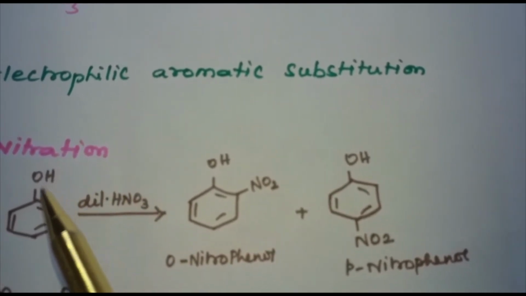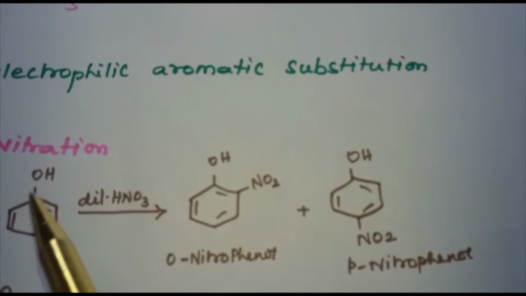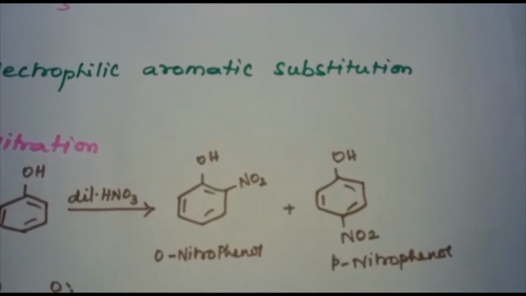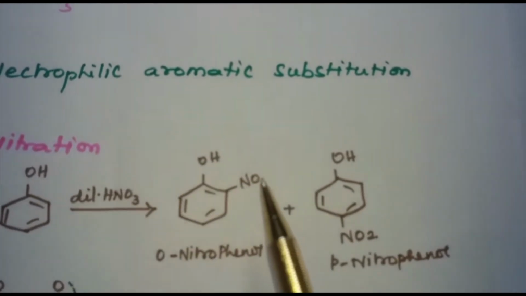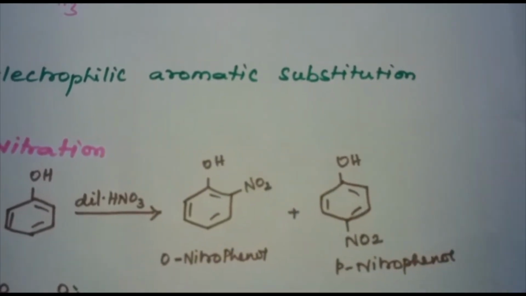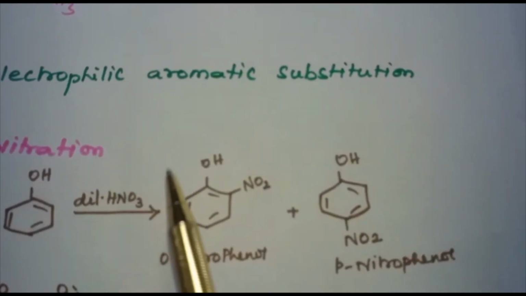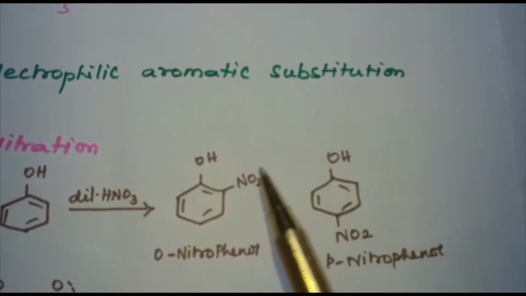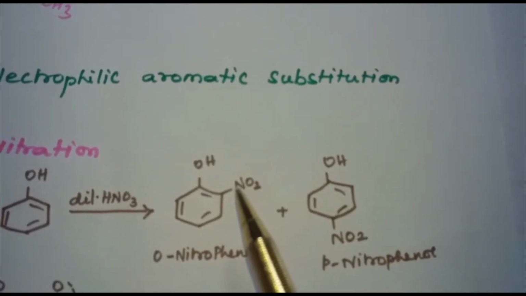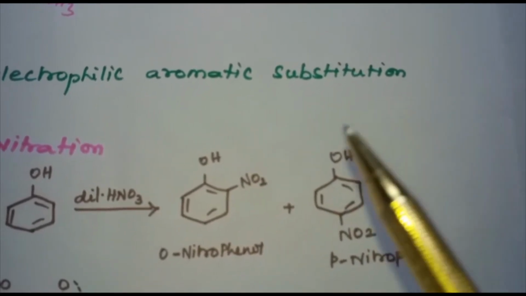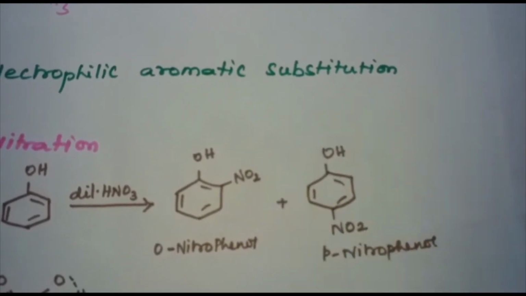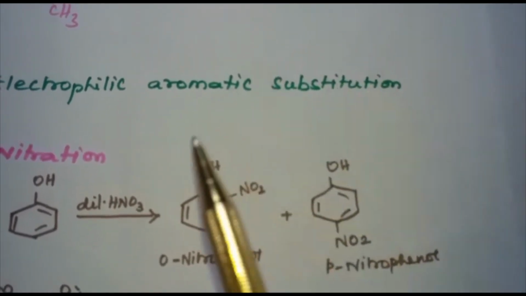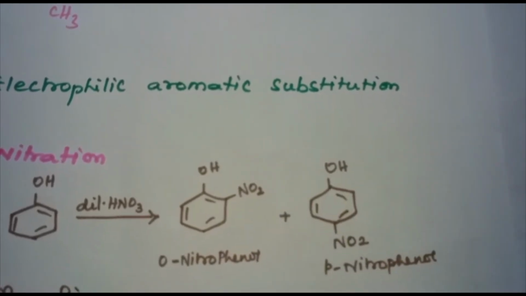The OH group attached to the benzene ring activates it towards the electrophilic substitution reaction, and moreover it directs the incoming group, that is the NO2 group or some other group, SO3H, whatever the group is, to the ortho and para positions. This is because of the electron rich centers. In the ortho and para positions, if you see the resonance structures, they are electron rich centers. The resonance structures we have already discussed. Now let us see the various electrophilic substitution reactions of phenol.